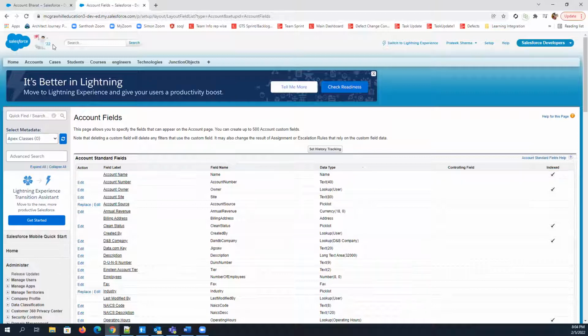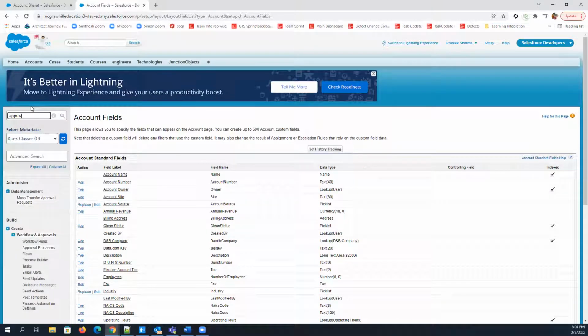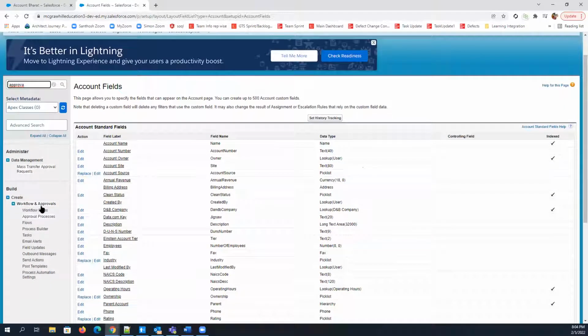Okay, so an approval process can be created in two ways. One is using the jump start wizard, or the second one is the standard setup wizard. So what you can do is simply type approval process here in the quick find box, and under workflow and approvals, you will see this approval process as a link.